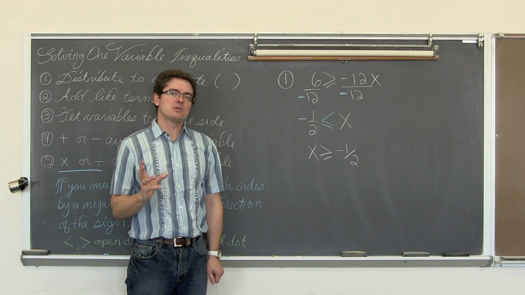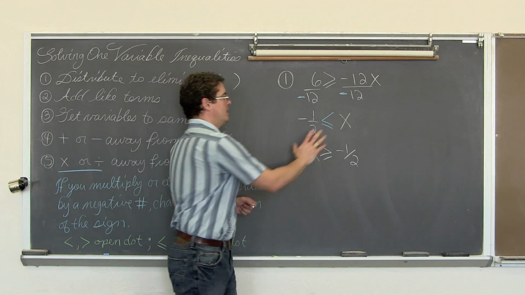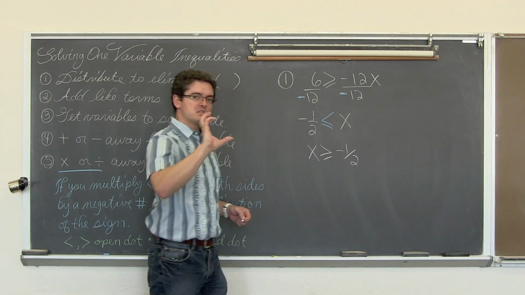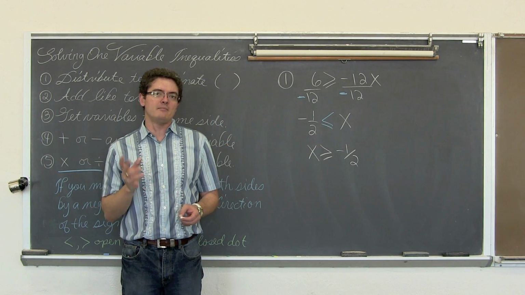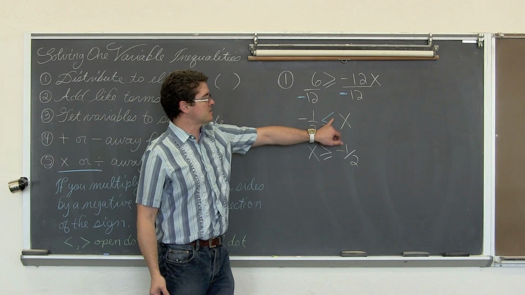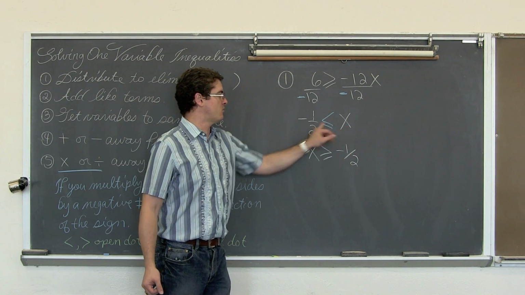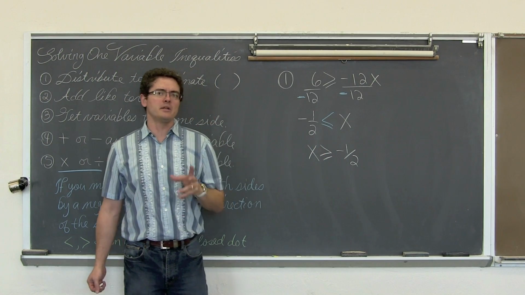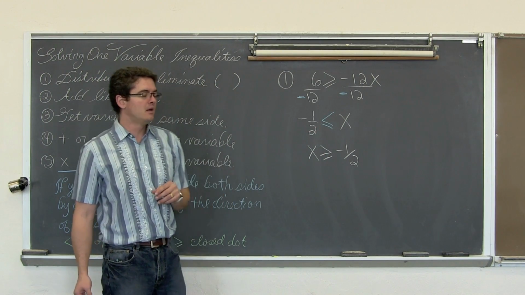Now, if you are used to graphing inequalities on a number line with the variable on the left-hand side, if you do take that inequality and swap the two sides, you will have to make sure that you change the inequality along with that movement. The inequality is open towards the x, and when I change the sides, the x and the negative 1/2, I still have the inequality opened up to the x, like it was in the previous line.